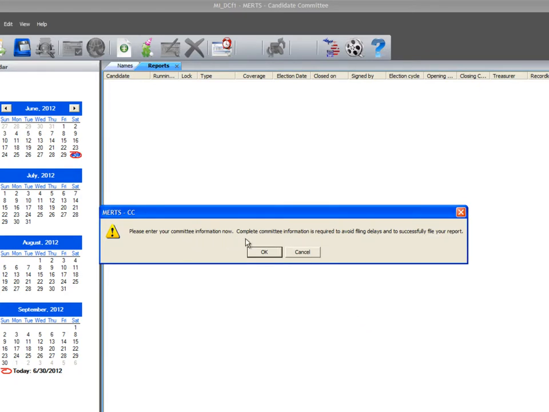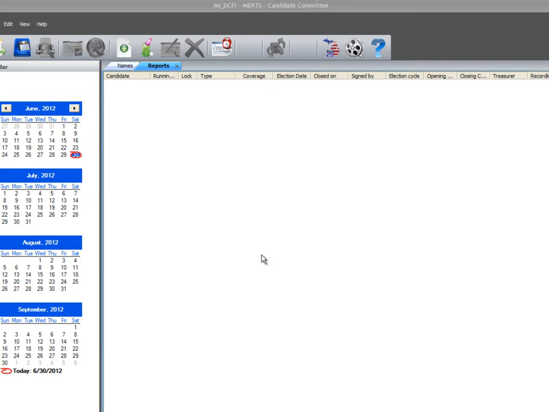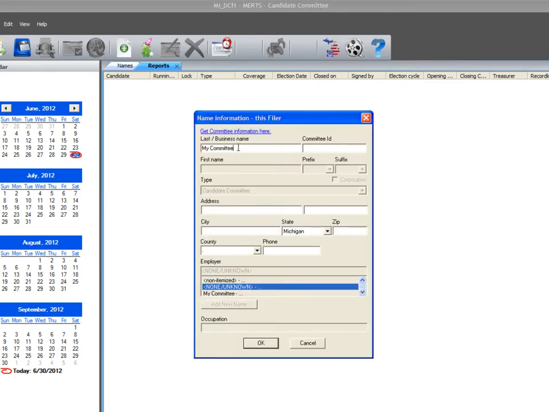When continuing to set up a new committee, a message window will appear asking you to enter the committee information. Select OK to continue. This will prompt a name information window. Begin by replacing My Committee with the name of your committee.